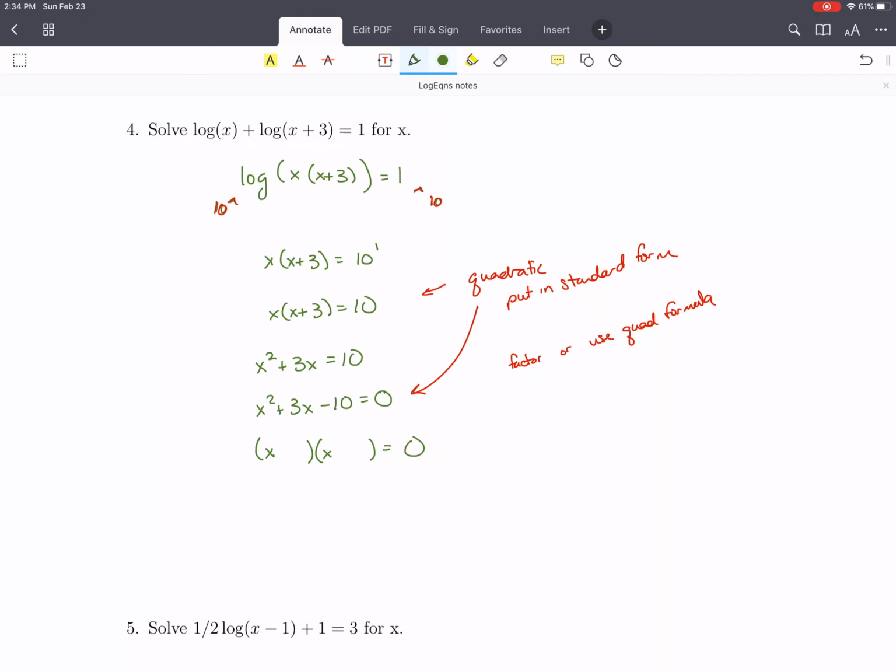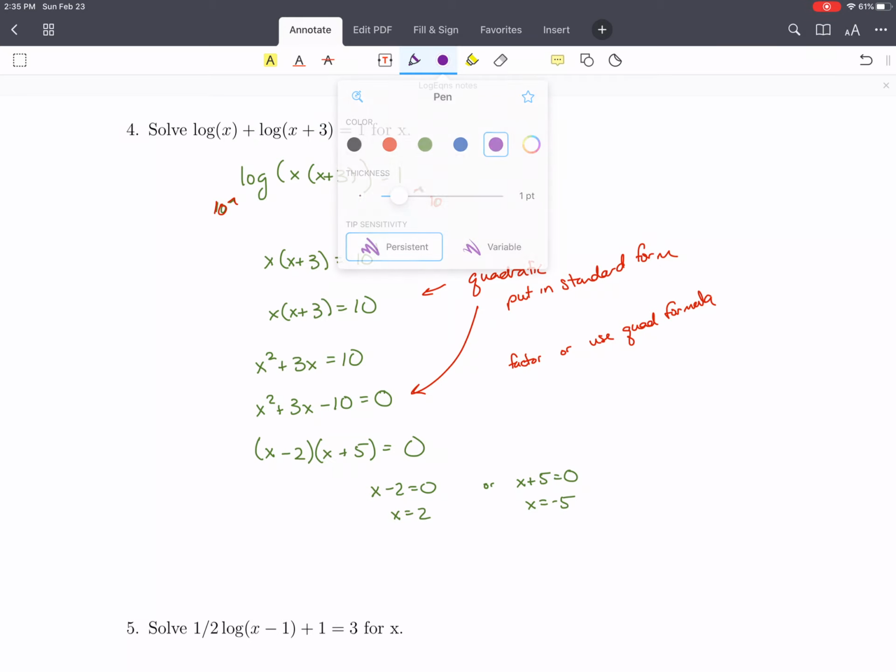So I need something that adds to 3 and multiplies to -10. So if I add 5 and take away 2, I'll get 3, and I'll also multiply to -10. So either x minus 2 is 0, or x is 2, or x plus 5 is 0, and x is -5. And this is where I need to check. So if I check my solutions,